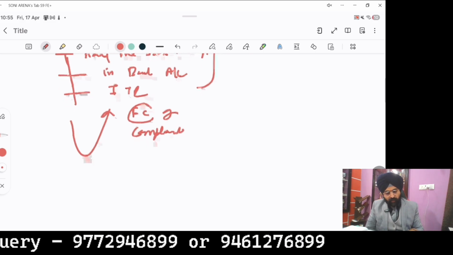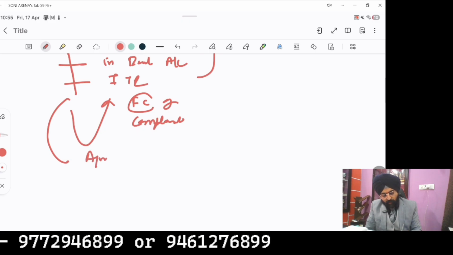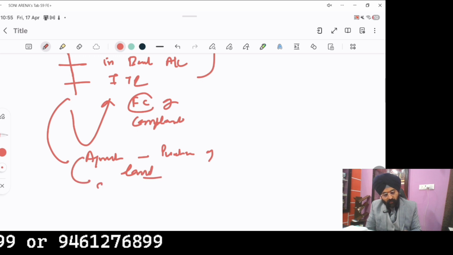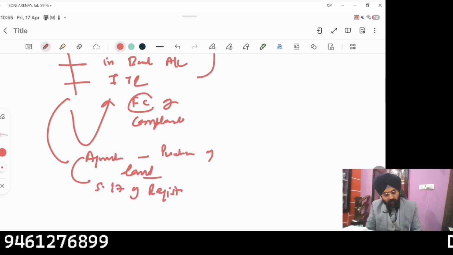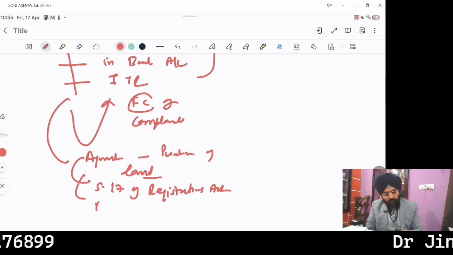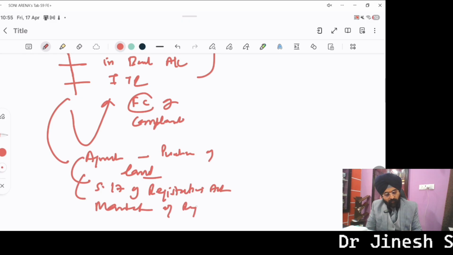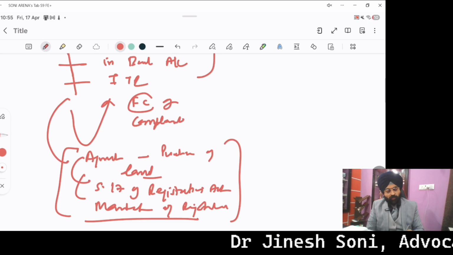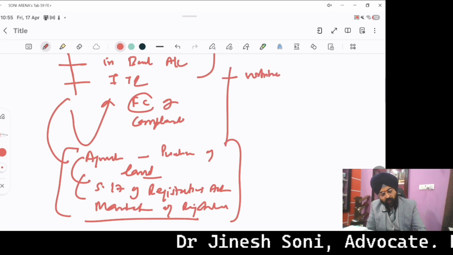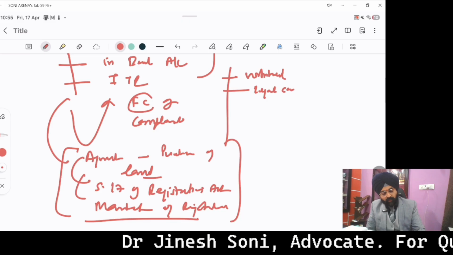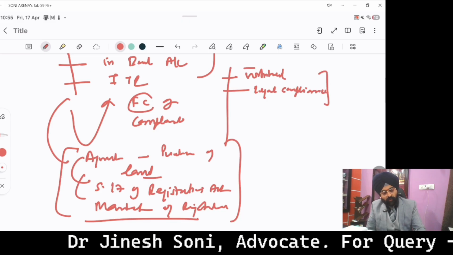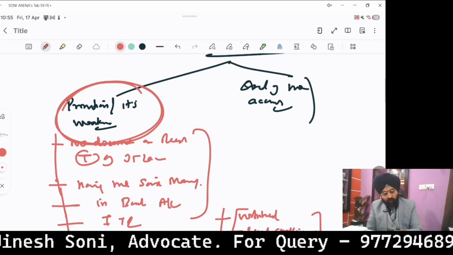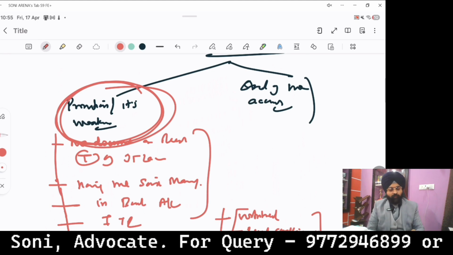And apart from that, we must understand that if there is any agreement regarding purchase of a land, in that scenario, Section 17 of Registration Act is quite important, which says mandatory registration. But in that case, no such scenario occurs. So, if the prosecution withheld the material fact and there is no legal compliance, in that scenario, the prosecution loses its strength. So, basically, we have to attack at inception on the existence of the prosecution,